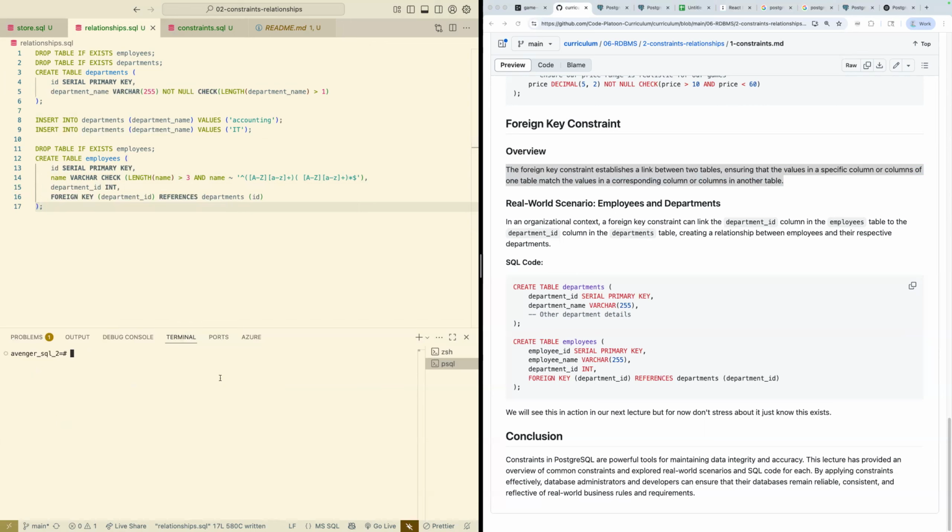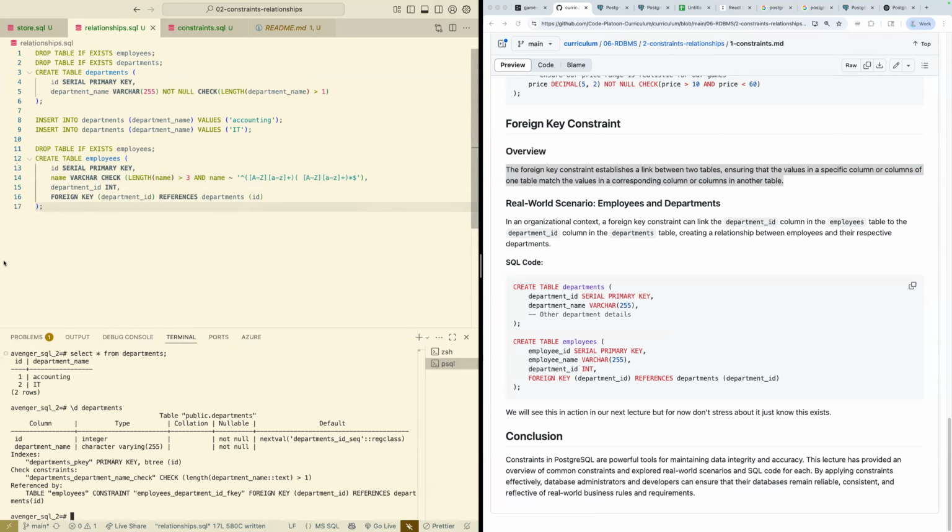Let me go ahead, and if we do select star from departments, we see we've got accounting and IT. If we look at the departments table, we see a couple interesting things here. We see check constraints, but we now see over here this new bit, referenced by table employees, constraint employees department ID foreign key, foreign key references department. And so just like you guys were saying, we're about to see that I can